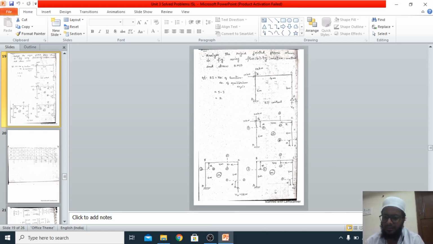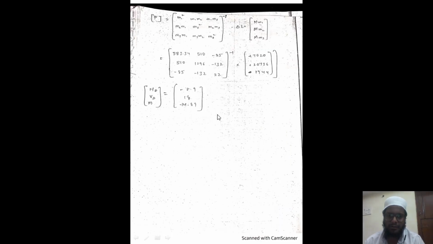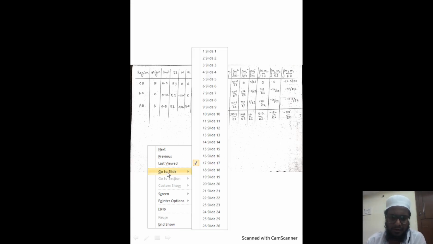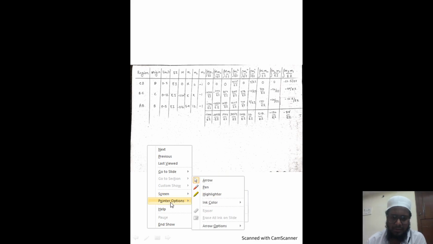So in the previous problems we have seen different types of problems related to static indeterminacy 3. This is the problem which we have seen in the previous class. In all the previous problems, the problems were related to only static indeterminacy equal to 2, isn't it? The static indeterminacy was only 2. So recently we have seen this problem wherein we have static indeterminacy 3, isn't it?